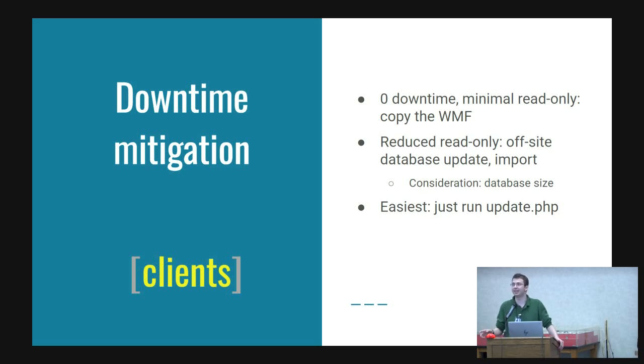This results in slightly more time compared to the third option, more time where the wiki would be in read-only, but it means that during the read-only time, the wiki is running, say, 1.39 code with the 1.39 database, and afterwards it's running 1.43 with the 1.43 database, and it's not stuck in the middle, leading to downtime and